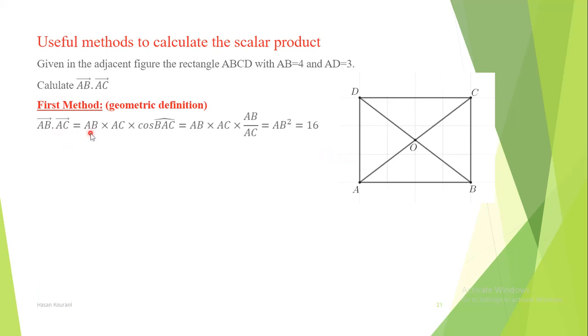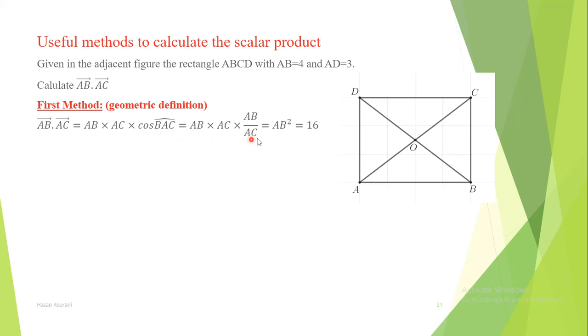AB.AC, directly from the geometric definition, is AB times AC times cosine BAC. Be careful about choosing the letters for the angle. It's AB.AC. They have the same origin as we saw in the first video. The geometric angle will be this angle, BAC. Although we don't have the angle, we can use, as you know from grade 9, the trigonometric ratio,